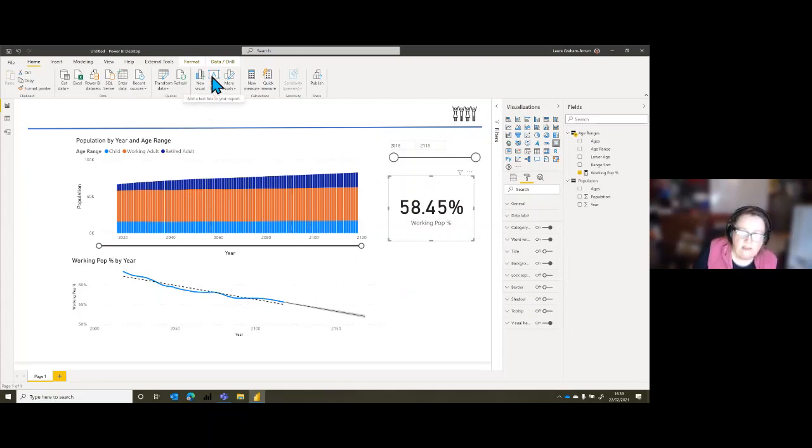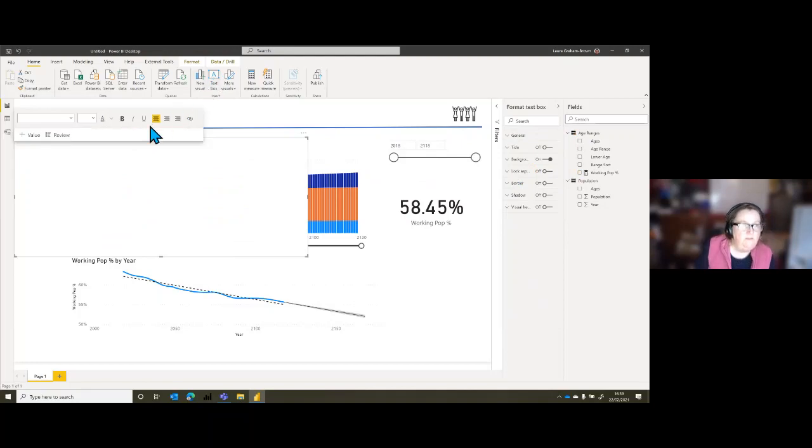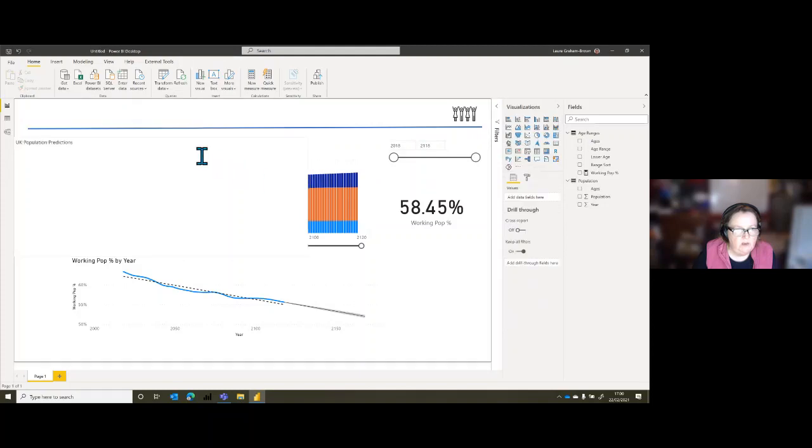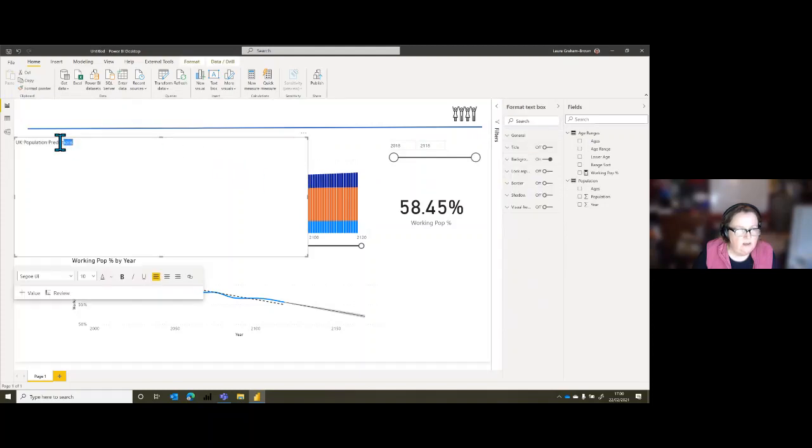We're going to put in a text box. I realize I'm about to hit time, so I'm going to slightly overrun, my apologies. I put in, can't spell, predictions. This box appears, which is driving me nuts recently, to help you do formatting.